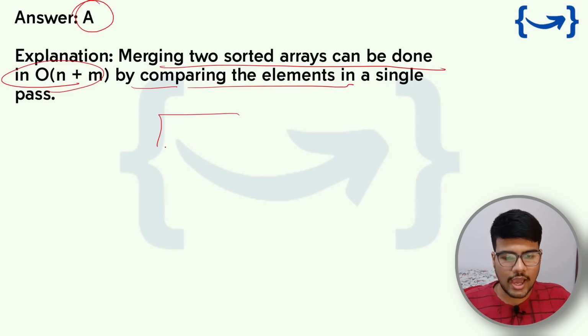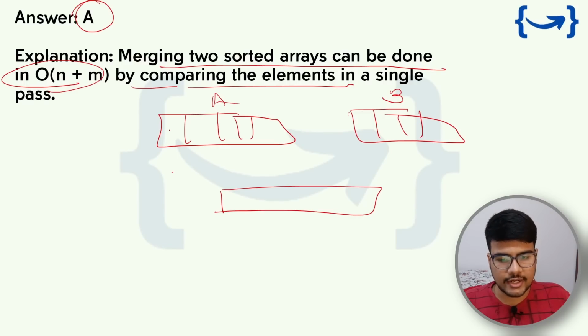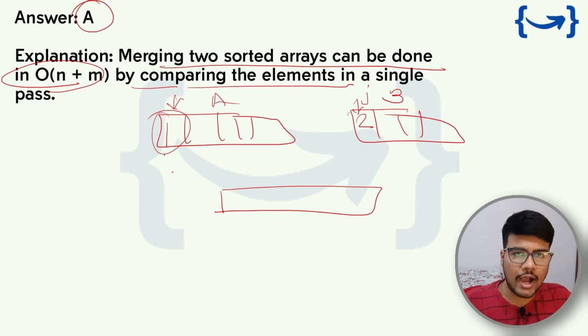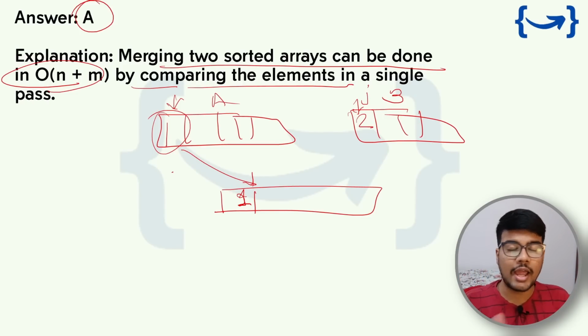Let's say you have an array A and an array B, and a single array where you will store the result after comparing. Let's say it is 1 and 2. You will compare. First, i will be here and j will be here. If array of i is less than array of j, append the array of i element into the resultant array. So this would be the approach of merging two sorted arrays. Yes, O(n + m) would be the